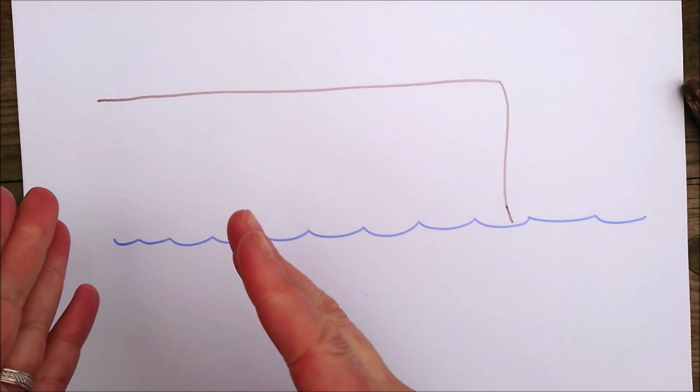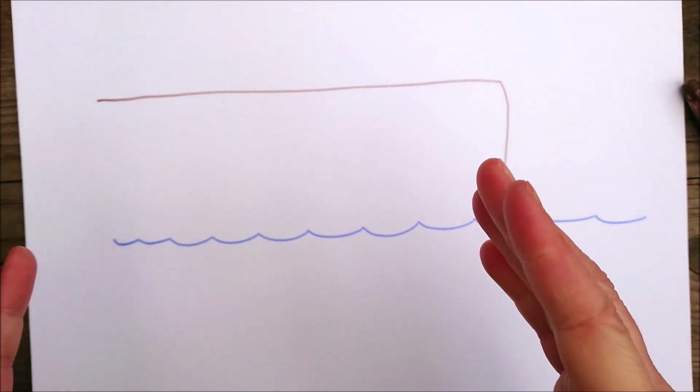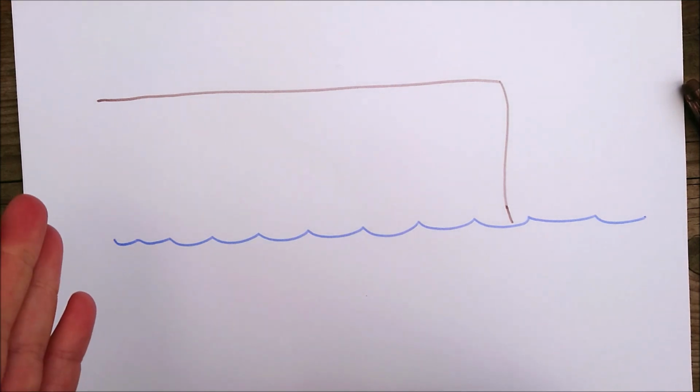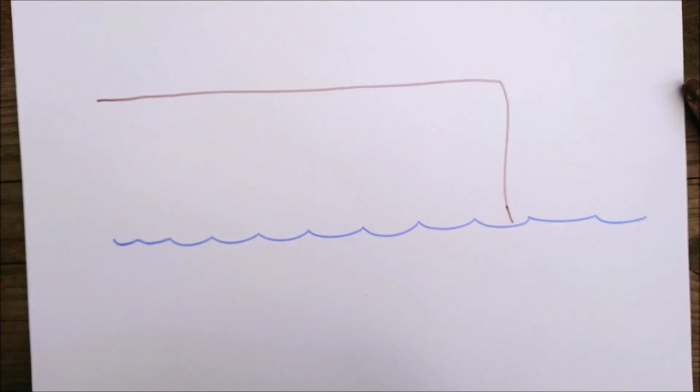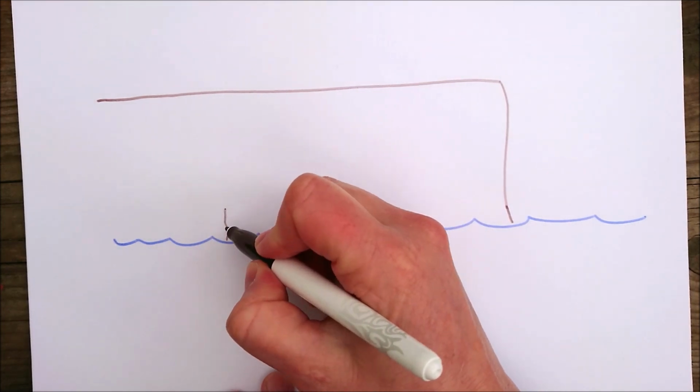Now, the sort of rock that the cliff's made up of will often determine how well it forms caves, arches, stacks and stumps. Some rocks are better jointed and faulted than others. So if we take an example of sedimentary rocks, for example, something like chalk or limestone, they often have faults in them, which are like fine cracks in the rock. Now, if this cliff has got faults in it,